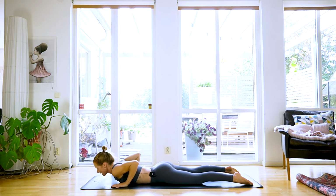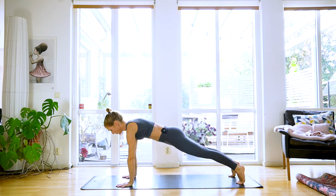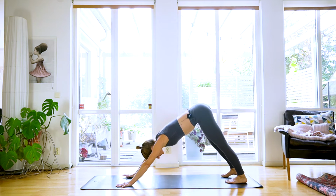Great work. Palms underneath your shoulders, tuck your toes, squeeze your legs so that your knees are lifted off the mat. Inhale, and exhale, press back up, or actually up to our first high plank, and all the way back to downward facing dog, lifting your hips